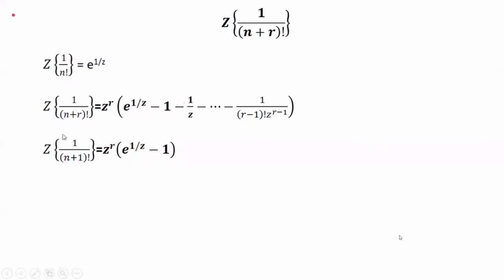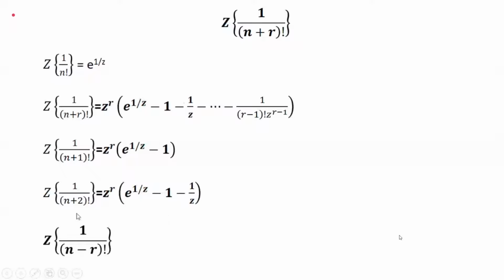So in particular, I can get z transform of 1 by n plus 1 factorial as z power r e to the power 1 by z minus 1. Similarly, 1 by n plus 2 factorial will be z power r e to the power 1 by z minus 1 by z and so on. So left shifting rule can be used and right shifting rule can also be used to evaluate z transforms where we are shifting the argument either r steps to the right or r steps to the left. So in a similar way, you can try to get the z transform of 1 by n minus r factorial. Here we are shifting r to the